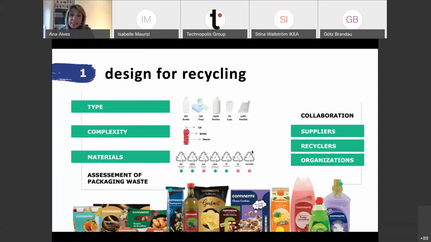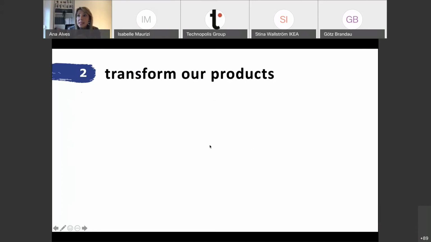For example, in this case, the validation of the recyclability of our packaging is done by an external entity that ensures, with the recycling industry that exists in Portugal, that the decisions that we are making for each package are effectively contributing to increase the probability of that precise package to be recycled. So this assessment, together with the knowledge of the existing recycling flows in the country, in this case in Portugal, allowed us to list our priorities.